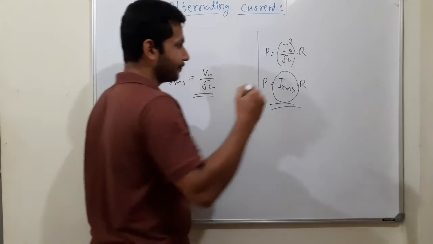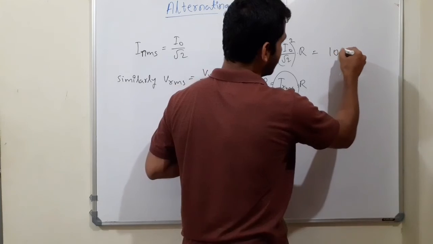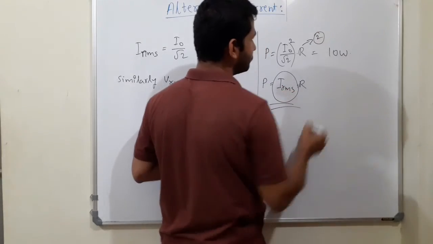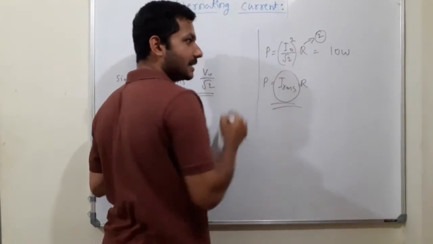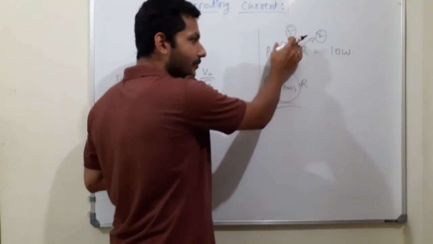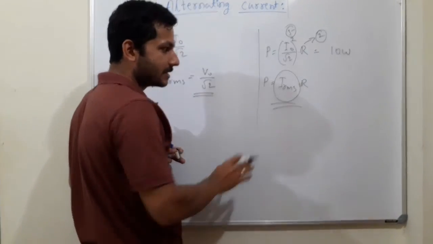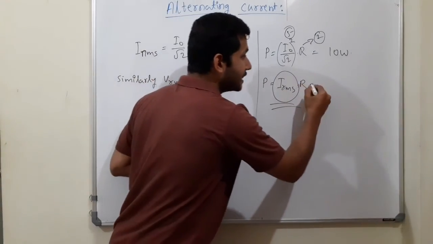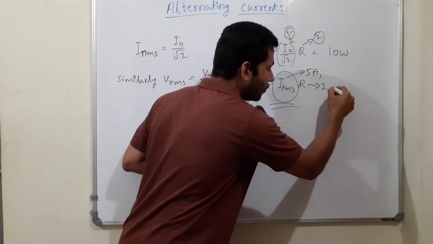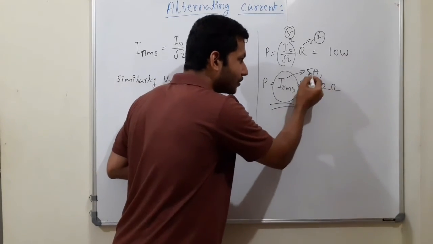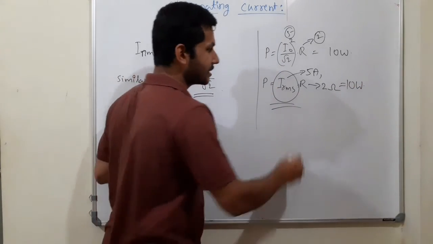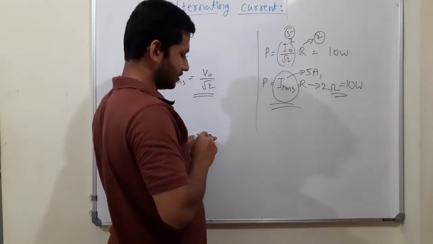Here suppose power dissipation is 10 watt. Okay, and resistance is 2. I consider it as 2. 2 into how much is 10? 2 into 5 is 10. That is, this is the value that indicates 5 here. Similarly, here IRMS, in case of DC, 5 ampere of current with 2 ohm of resistance would together produce 10 watt of power dissipation. Okay, that is the meaning of this, just for your information.